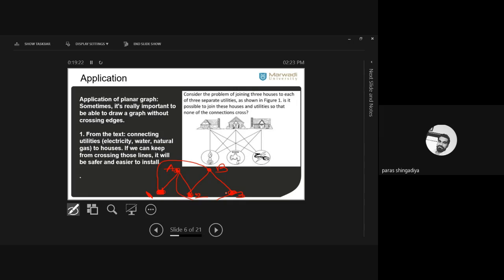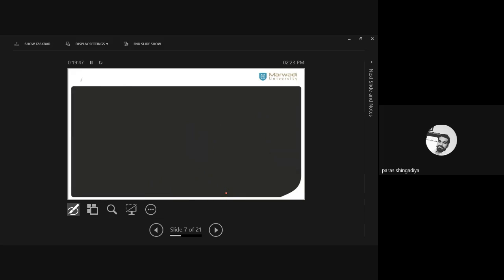So from the text, when connecting the utilities, electricity, water, natural gas, to houses, if we can keep the lines from crossing, it will be safer. Safer and easy to install. It is easy to install now compared to this one. Clear? So that is one application. And the second application is